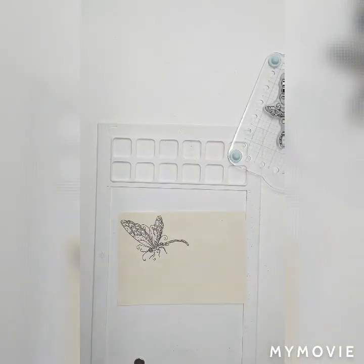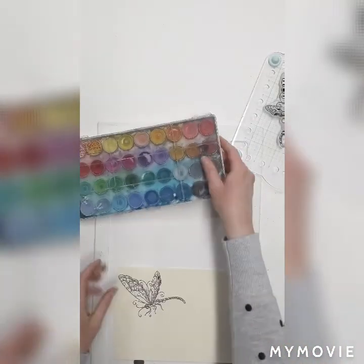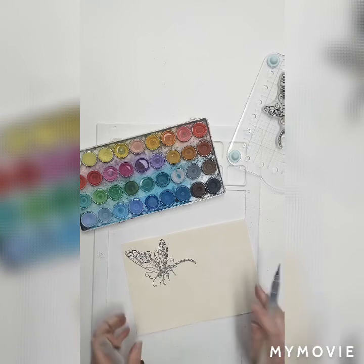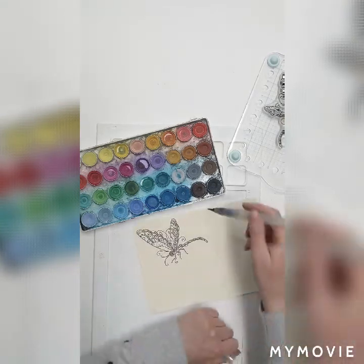But then you can also do, are you ready for this? You can actually do watercolors onto your suede. So yes, your suede paper can even be painted. So you can take your water brush here, and we can go in here, it's all dry, and you can